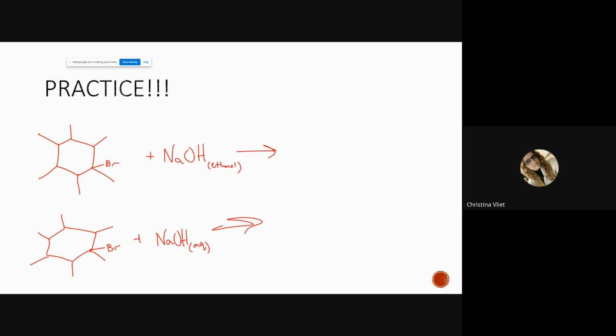All right, so this is for elimination. You make an alkene with NaOH in ethanol. So you just have to rewrite all this. And it doesn't matter, it's symmetrical. You can do your double bond there or your double bond on the other side. That's the first one. What about aqueous? If it's aqueous instead, what's the difference? It's not an elimination, it's a